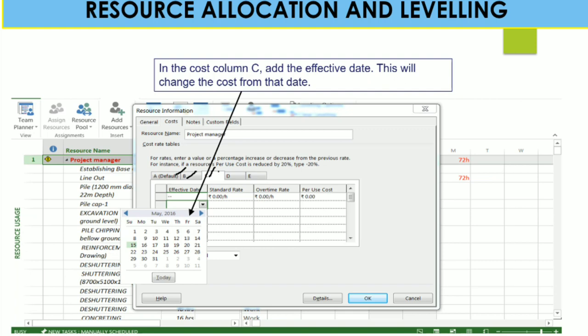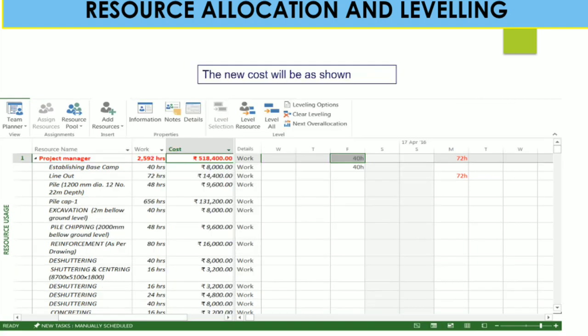So you can select column C, select the effective date from this calendar and then click on OK. You can see the new cost will be as shown, and this project manager's rate will apply after that particular date. Accordingly you can change based on your project requirement.